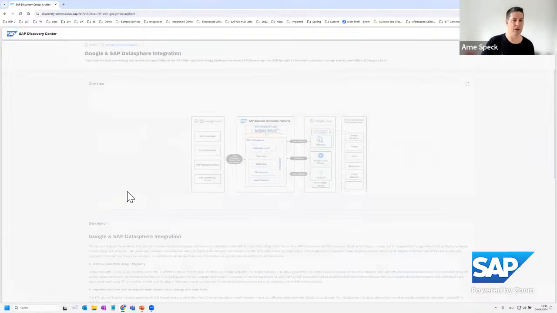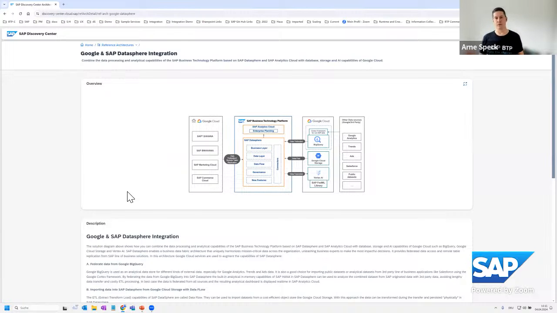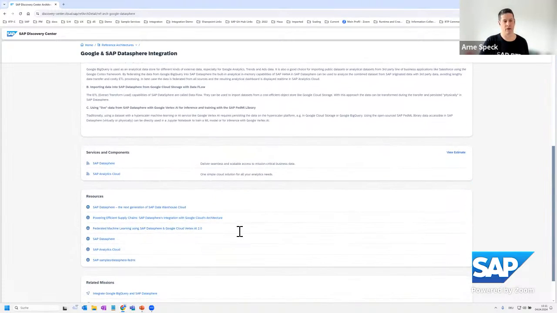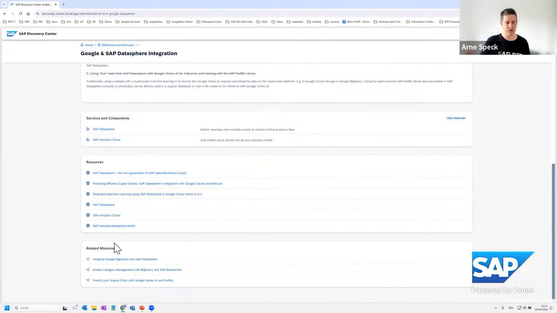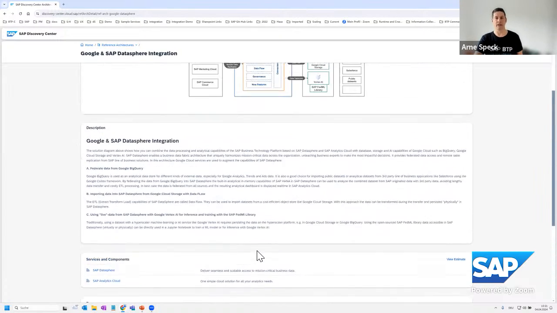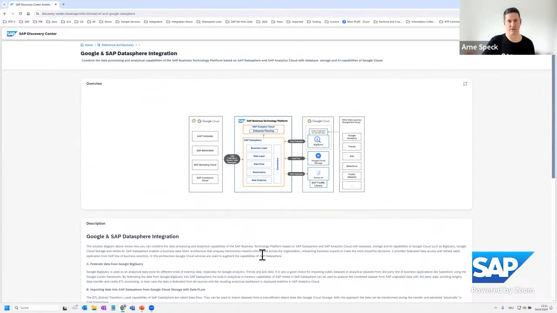So for example, how does that look? If you want to know how you can leverage data coming from your backend system, like in S/4HANA or something, and you want to leverage that in some of Google's services, then we have some recommendations around the architecture that we created together, in this case also with Google. So in this case, leveraging DataSphere and the description, the services that are there, and really also the related missions again, where you can say, okay, how can you set up these reference architectures and bring them